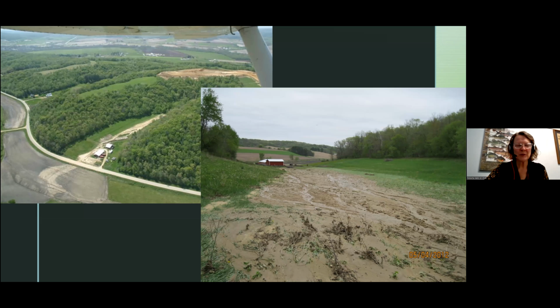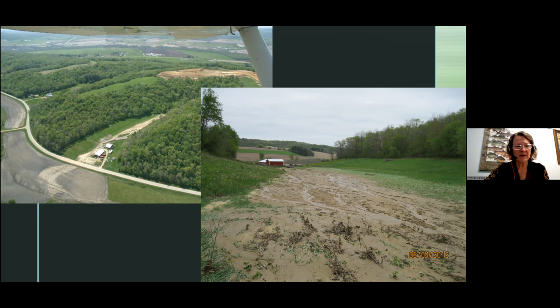This picture in the lower right of the screen depicts material that left stockpiles at the top of the hillside that were lacking best management practices. It headed through the valley toward a house and entered a stream. Unfortunately, the house in this situation took the brunt of the force of the material that ran through the valley, filled the basement, knocked the house askew from the foundation, and ultimately the house had to be demolished. The well on the site was inundated with sediment and had to be abandoned.